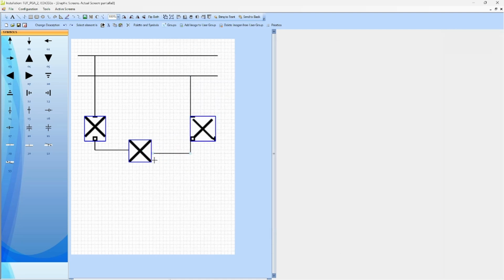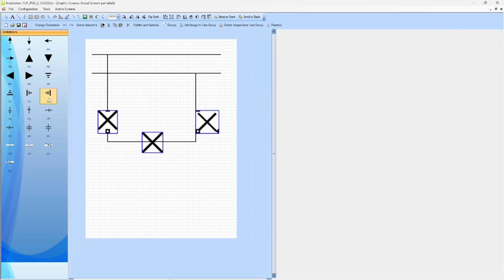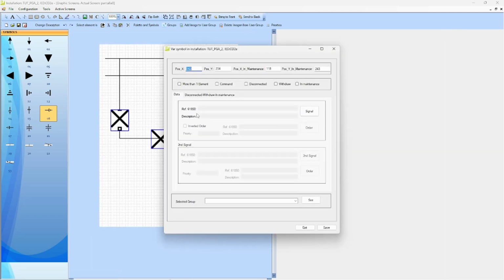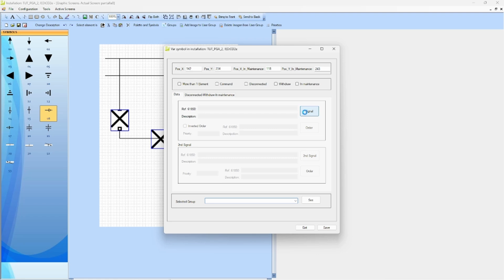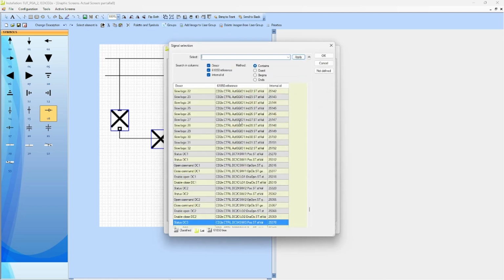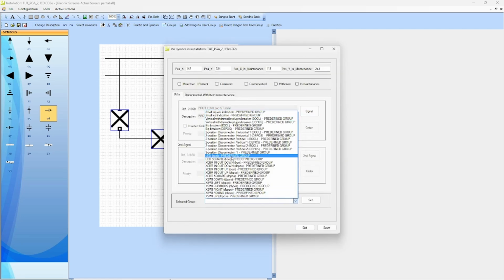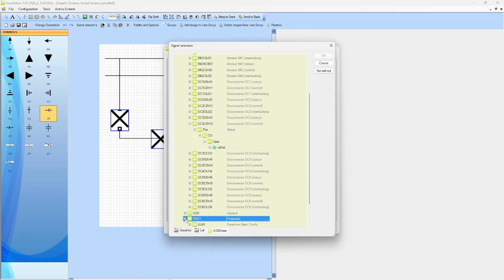Once that busbar B's disconnector has been configured, we will properly arrange it in the SLD, and we will attach the ground symbol to it. In addition to the circuit breaking devices, an indicator will also be included in the SLD screen, which will be used to show the status of single-point status signals. Much like with breakers and disconnectors, indicators will also be configured from the symbol in the toolbar. In this example, the local/remote signal will be assigned to the indicator, which can also be commandable.